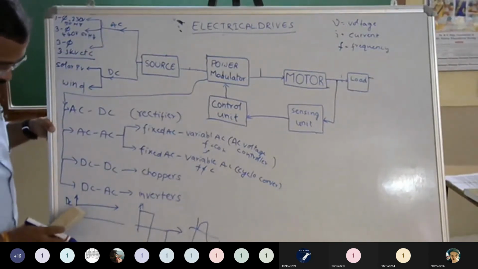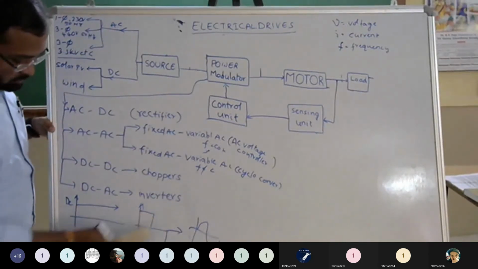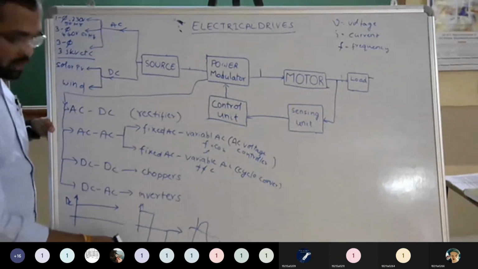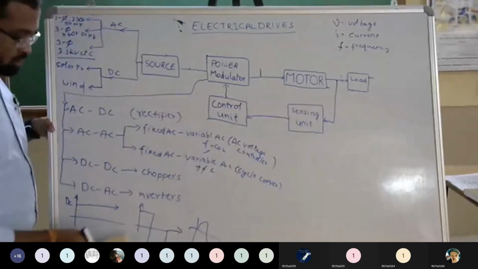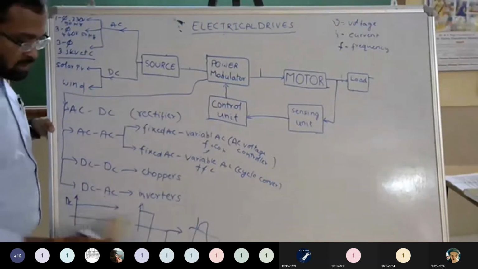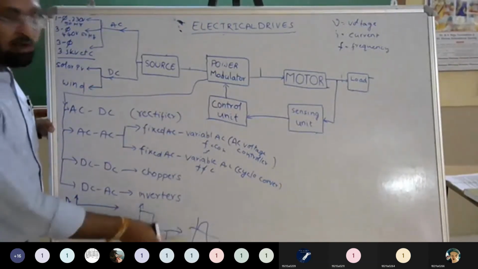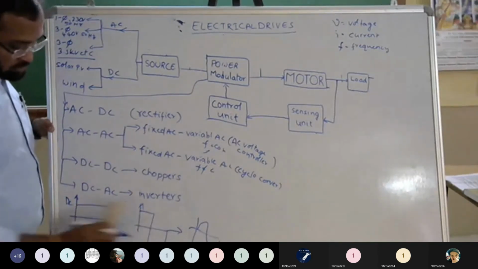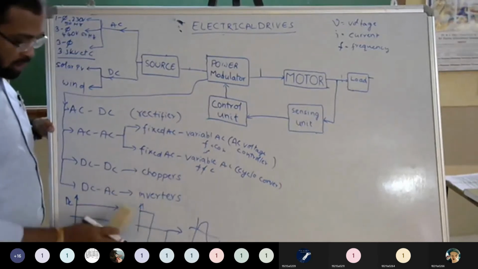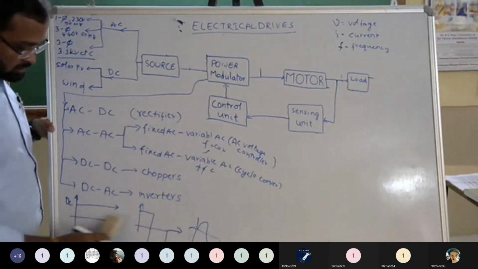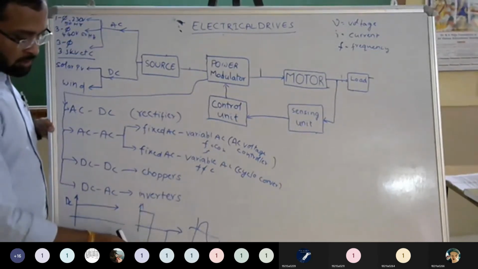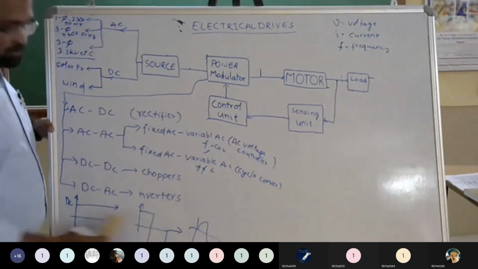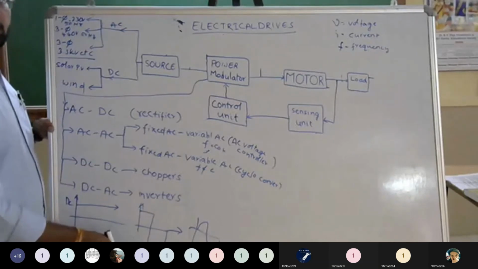See here what we are doing. Positive, positive. But after some time, positive became negative. Negative means we are inverting. So remember that DC to AC means inverter, which will invert its voltage. Sometimes it is positive, sometimes it is negative. So no need to confuse that. DC is a straight line. AC means sometimes positive, sometimes negative. So some straight line we are inverting. That's why we call this an inverter.